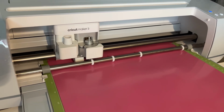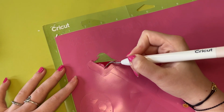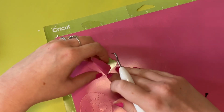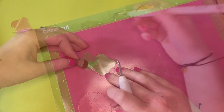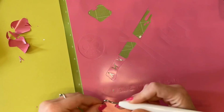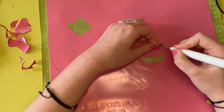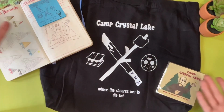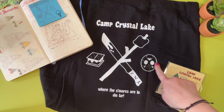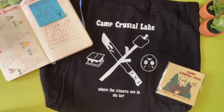You can also see the vinyl I used at first was red. I did end up changing it to white vinyl, which you'll see, but the process was entirely the same. I just ended up having to change to white vinyl because I used a different brand than I usually do, and unfortunately it cut all the way through to the vinyl, so it wasn't like one big sheet. But in the end, here's what this little guy ended up looking like. Unfortunately, Jason's mask did lose a few little dots, but in the end, I think it came out looking really